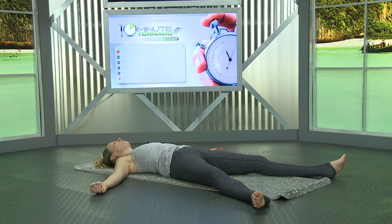See if you can just allow the breath to flow in and out of the nose or the mouth completely effortlessly. There's nothing left to do. You don't have to control the breathing. You don't have to try to suck your belly in. Doesn't matter anymore. Just soften everything. And when you feel completely surrendered,